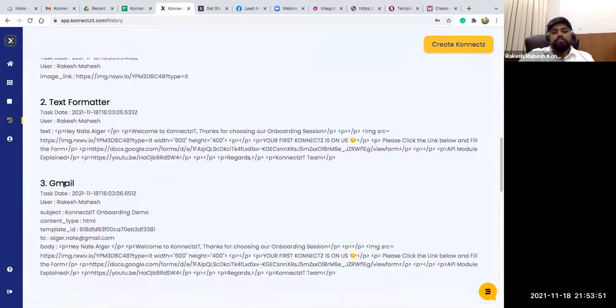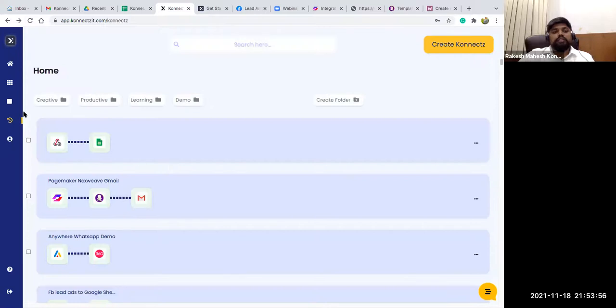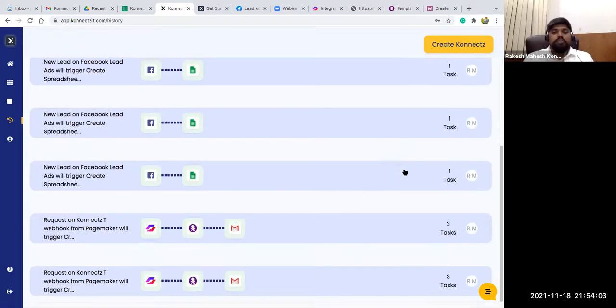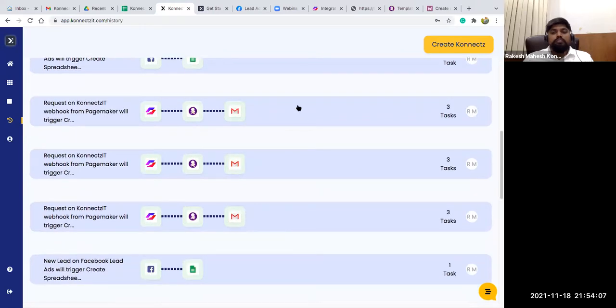And Gmail, so basically whenever a new lead is generated, we count this as 3 tasks. So whenever there is a new lead, it consumes 3 tasks to perform the record.